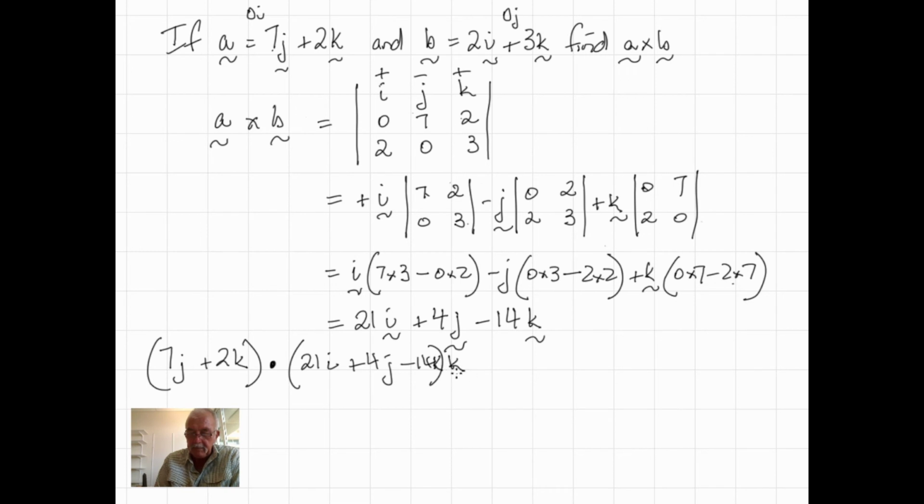Put the K there. When we dot one of these vectors, A, and this resultant, the dot product, if the dot product is equal,